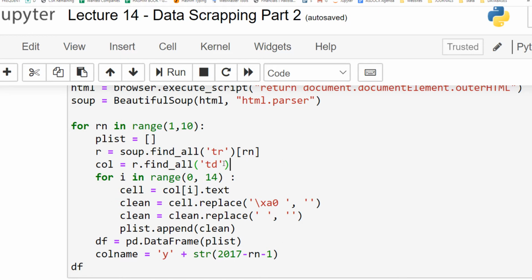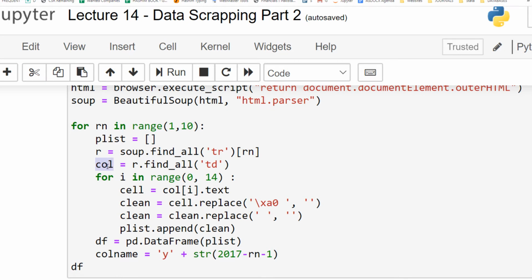And then from each row, we wrote the row variables, the list of rows to a variable R. Then from this list, we again apply the find all method to find all TD tags. So these tags are then written to the column variable.